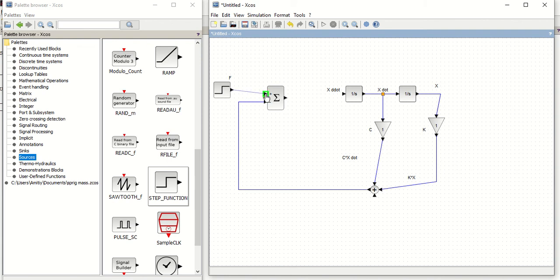Now I need to connect it. So I am ready with f minus c dx by dt minus kx. Now the only thing remaining is one multiplier, that is 1 by m.